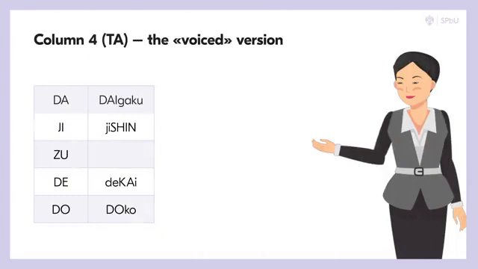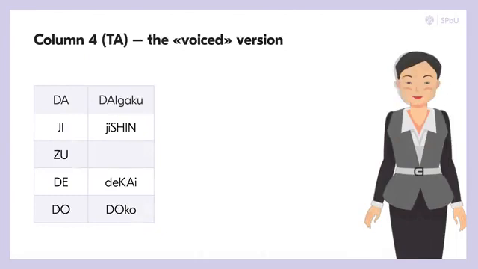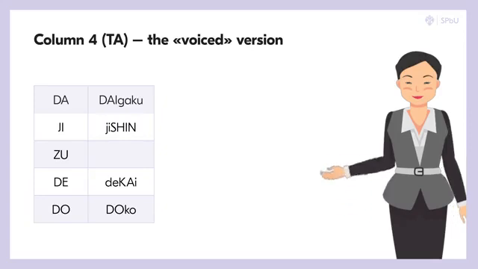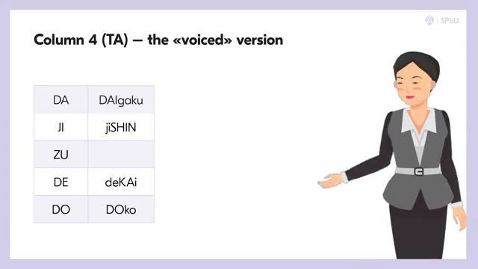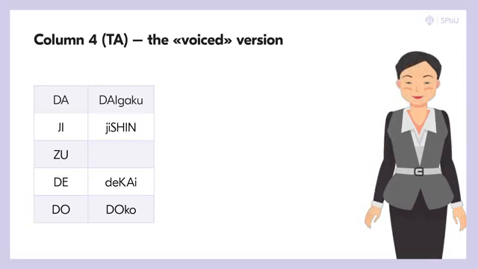This column also has a voiced version. Here it is. The syllables here start with the sound D, except its combination with U, where the voiced consonant is the same as it was for syllable Su, zu. For reading purposes, we only provide the transcription here. Remember the pronunciation of vowels and repeat after me. Da, ji, zu, de, do. And now some words. 大学、地震、どこ。